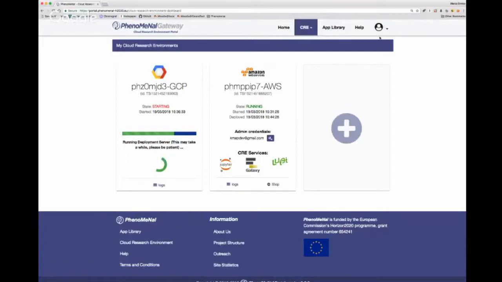The most important thing is that people agree not to upload sensitive information onto the PhenoMeNal e-infrastructure, because we cannot make any guarantees about the safety of that data. So people have to agree to only use anonymized data. For Marco's account, he has already agreed to these terms and conditions, so the system hasn't presented him